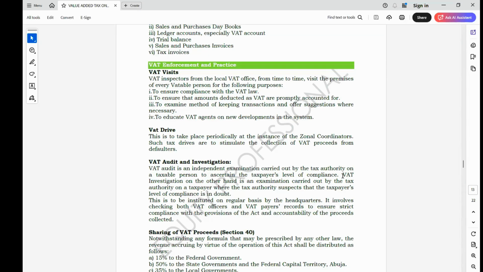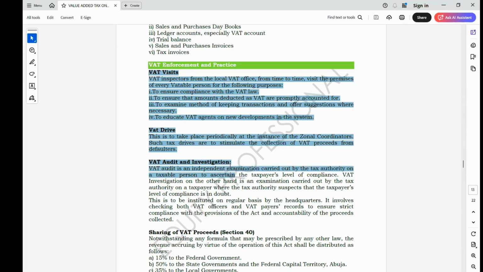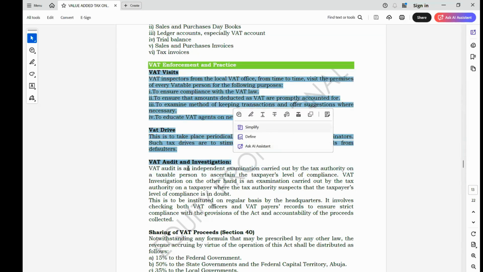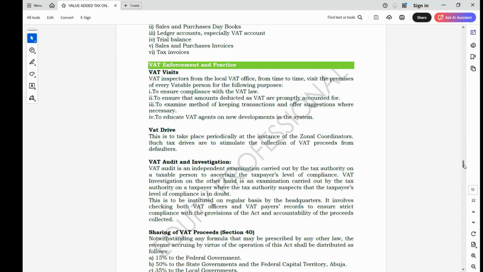As a result of that, they will carry out investigation of your record, which is usually done at the premises of the taxpayer. So these are the three enforcement processes that are usually carried out by the relevant tax